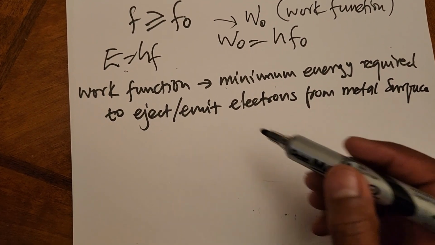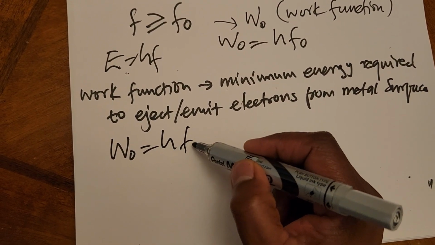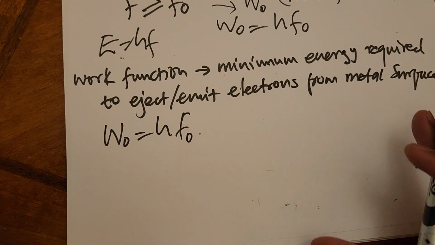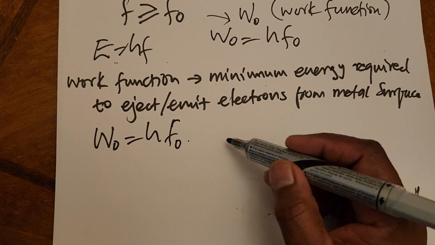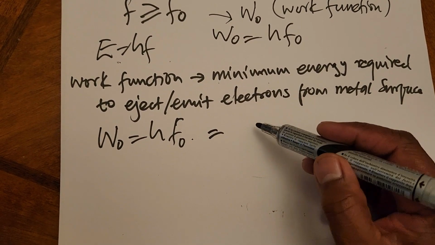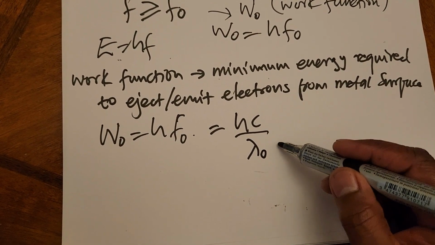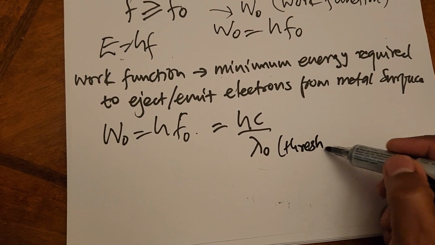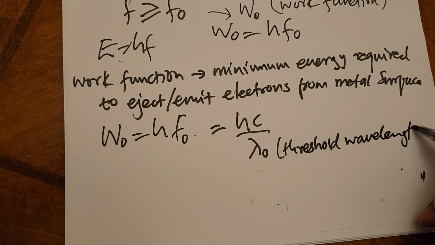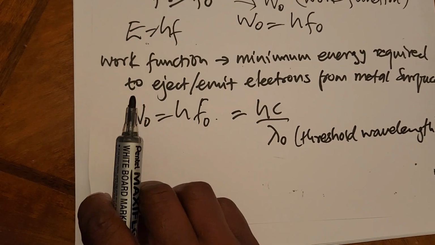That's the work function. As I've already said, the work function can be calculated using Planck's constant multiplied by the threshold frequency. In the same way as the energy of a photon, if I don't have the threshold frequency, I can calculate the work function using hc over the so-called threshold wavelength. This is our threshold wavelength. Fine. Now, when the metal is